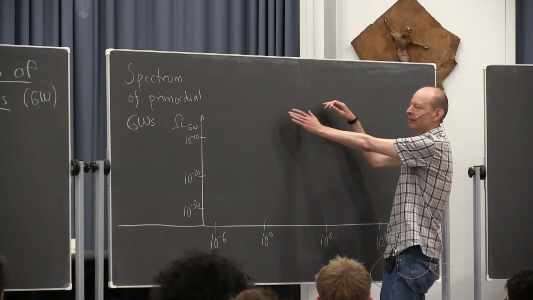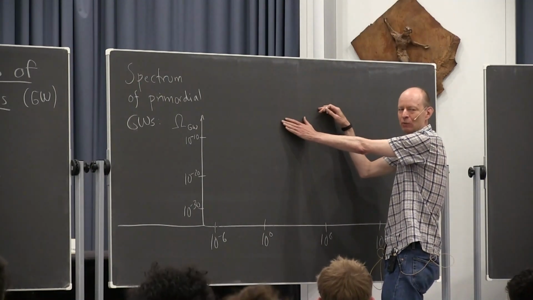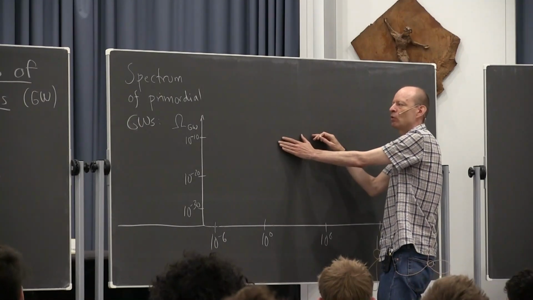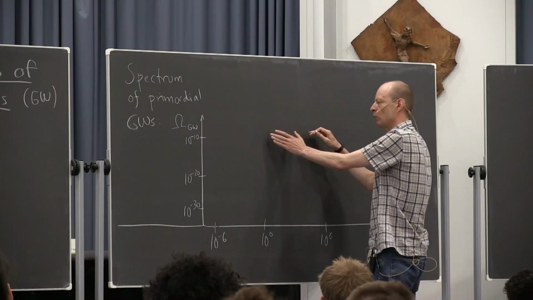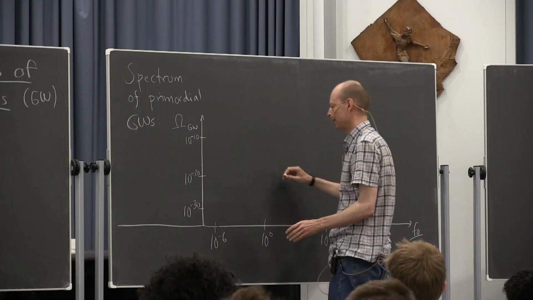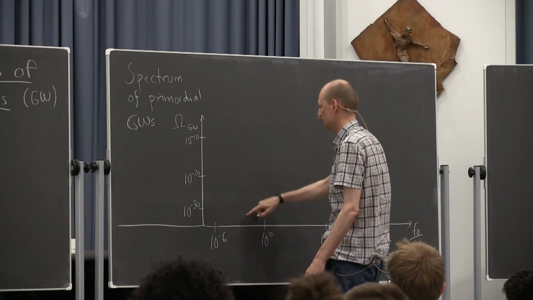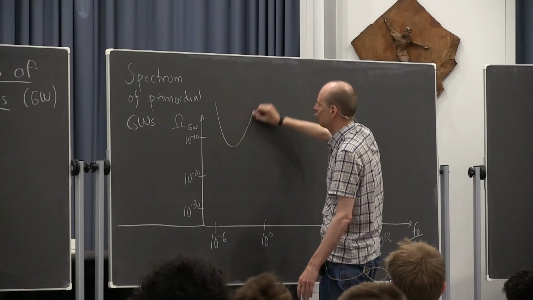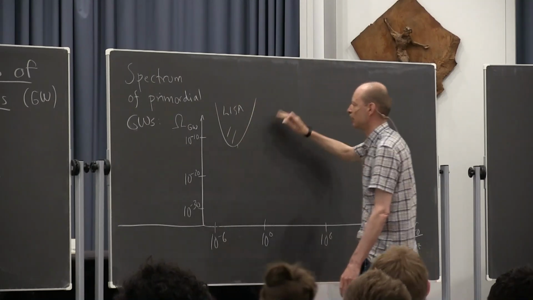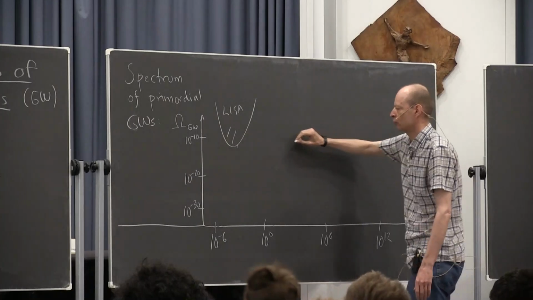And then there are experiments, and they try to see gravitational waves, and of course they would be good at seeing them if they had lots of energy density, if there were many gravitational waves. So there is, for instance, a plot, some curve here, which will be the future LISA sensitivity, and then there are many other future experiments